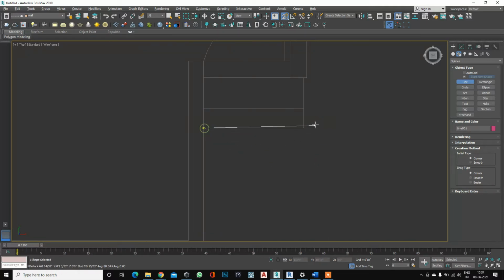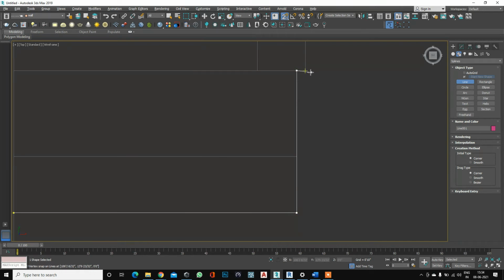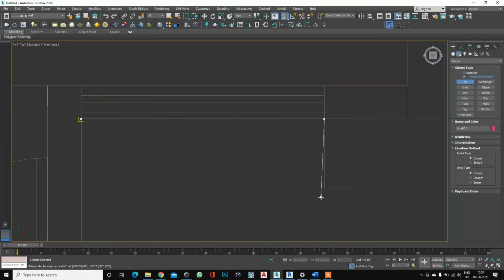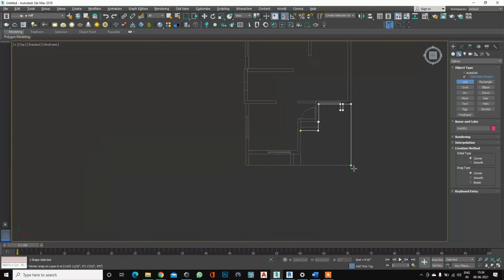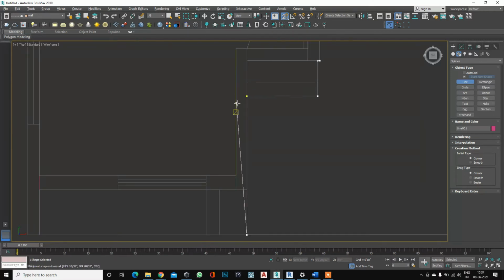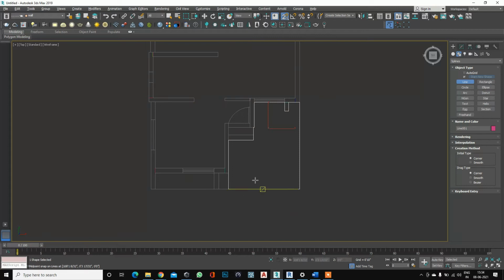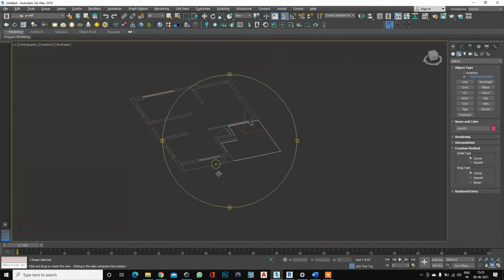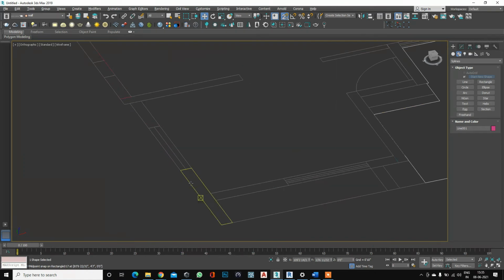So starting from here, and whenever the line comes back to the closing point, it will give you a message, close spline, and we can say yes. Okay, so this is our closed shape. You can see the line portion is ready here.